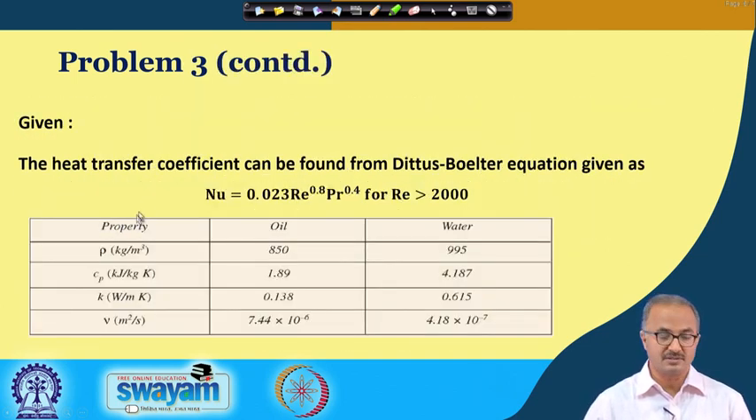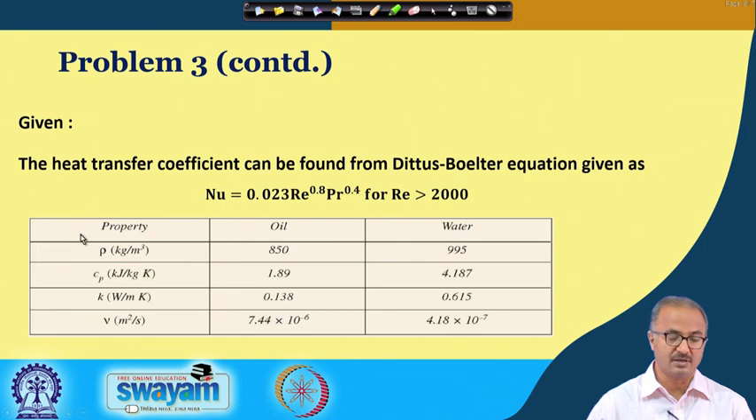Now, here some data has also been given: this is a correlation which is used to find the heat transfer coefficient in turbulent flow in a circular tube. This is the Dittus-Boelter equation. This is a very famous equation, and this 2000 is the critical Reynolds number for a circular tube. So, if the Reynolds number is more than 2000, then this Dittus-Boelter equation is used to find the